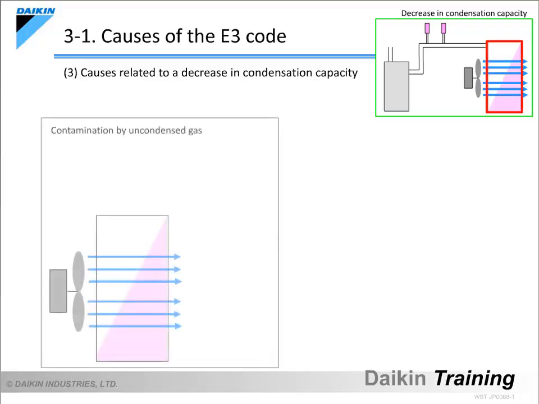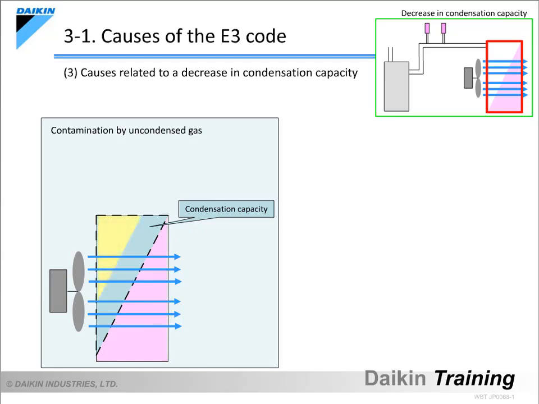Let's now look at the causes related to a decrease in condensation capacity. One cause is contamination by uncondensed gas. The refrigerant charged into an air conditioner changes from gas to liquid, or in other words, condenses, while maintaining a certain condensation capacity in the condenser at the design pressure. If gas that cannot be condensed at the design pressure, such as air and nitrogen used for the air tightness